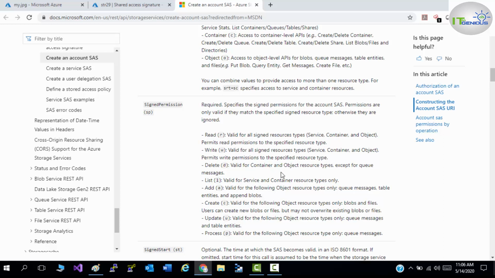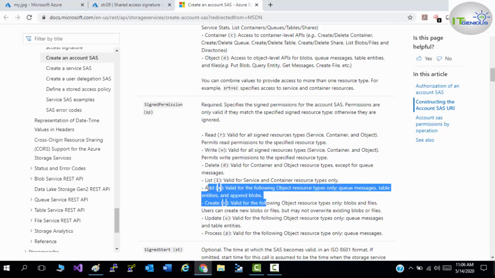Delete will be applied to containers and objects except queue messages. List will apply to service and container resources only. Add will be applied to queue messages, table entries, and append blobs.